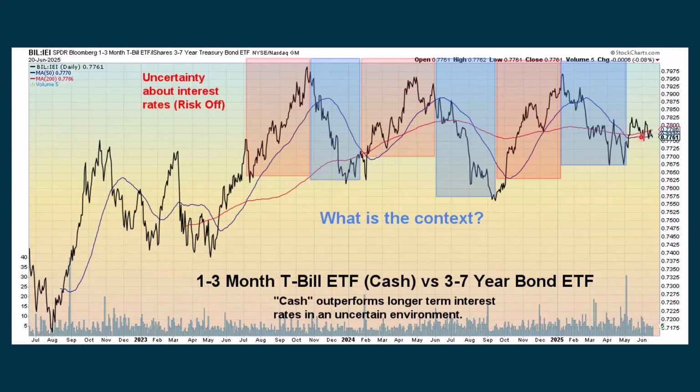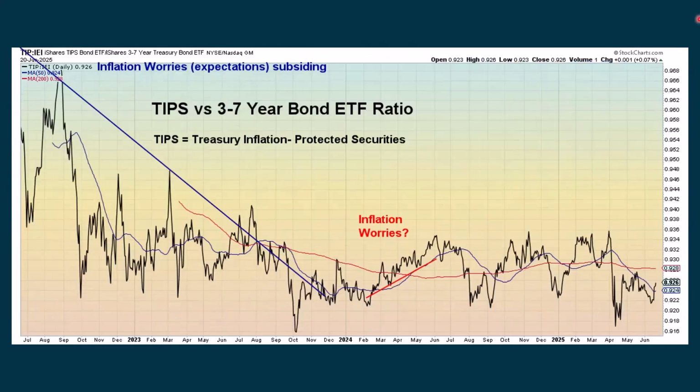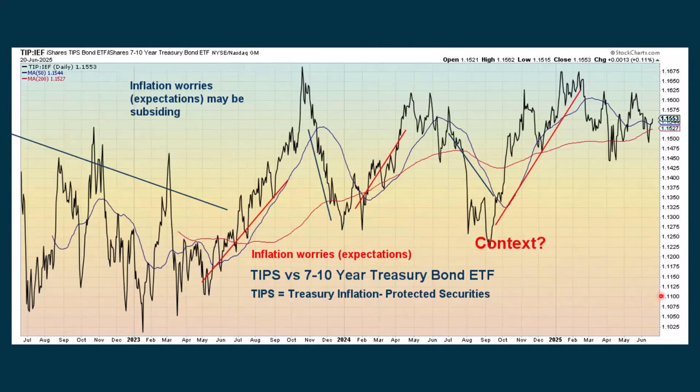We've been just chopping around lately, not really showing any conviction. Then we do that same basic approach with TIPS, which are Treasury inflation protected securities. This is what folks get into when they're worried about inflation and interest rates. It has been coming back up a little bit lately, but we're still in a downtrend and just pretty much chopping sideways with this ratio. So this is suggesting there's not a lot of inflation or interest rate fears according to this chart,